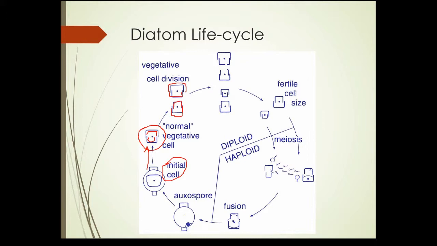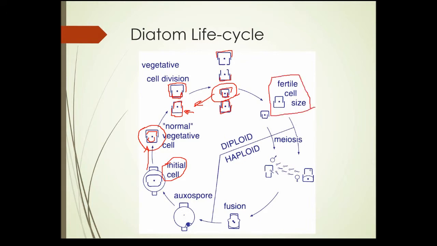When that happens again, we have a new bottom half here. We have the original upper half. We have the bottom half of this cell and the upper half of that cell. And each one of those now makes a new smaller piece that fits inside. And you can see these cells getting smaller and smaller. Now, once they've been reduced by about a third, they form a fertile cell,